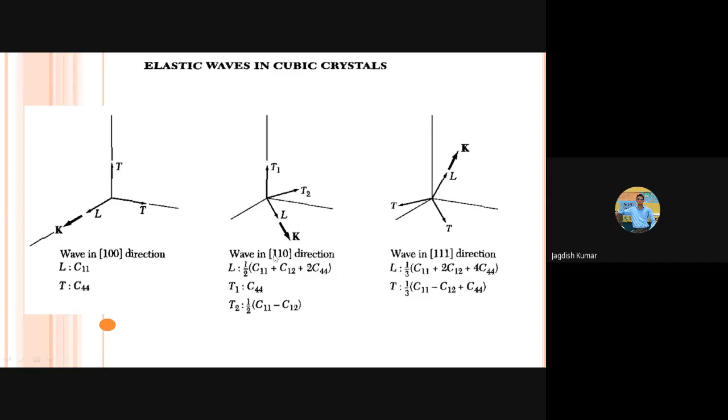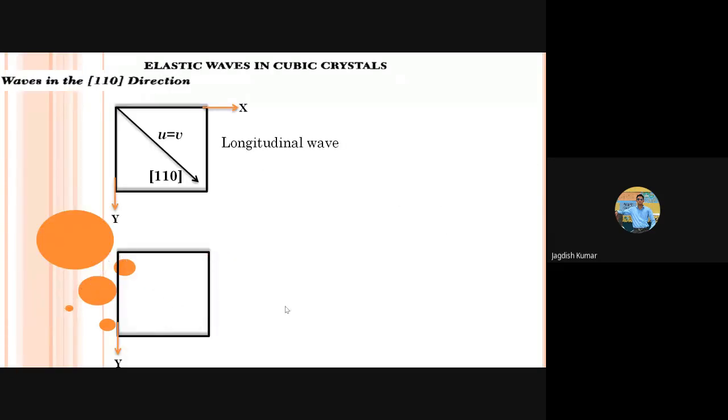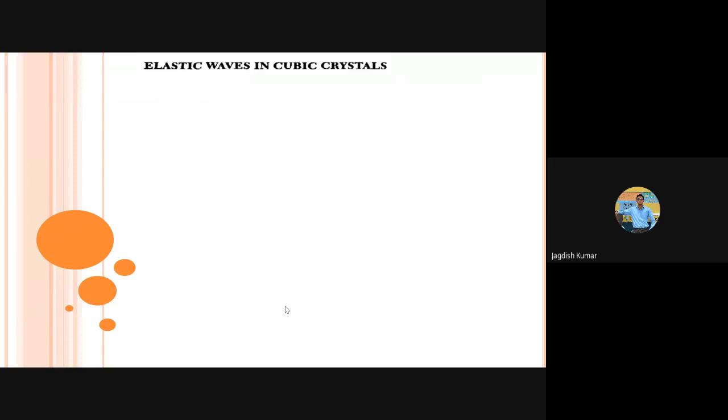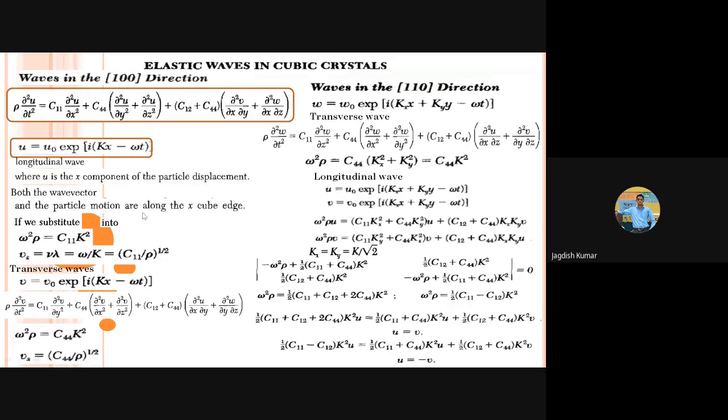This is the case which we discussed just now, and part of it was discussed yesterday. There we derived that for the longitudinal mode, the velocity was proportional to this. If you would like to see, we may go back to the previous slide. Yes. So this was the longitudinal mode. I think this is your transverse mode. Here is your longitudinal mode. And omega square depends upon C44. This is transverse. Okay. This is your longitudinal mode.